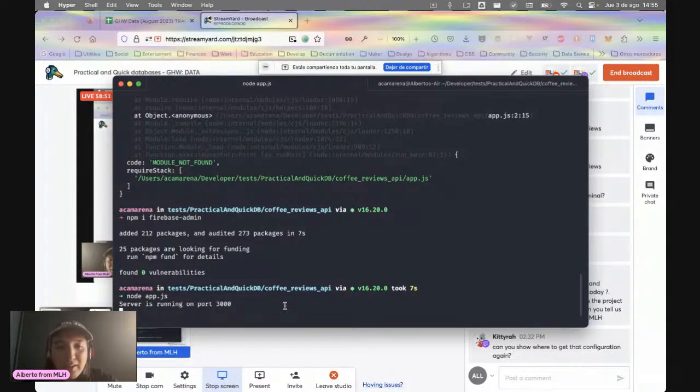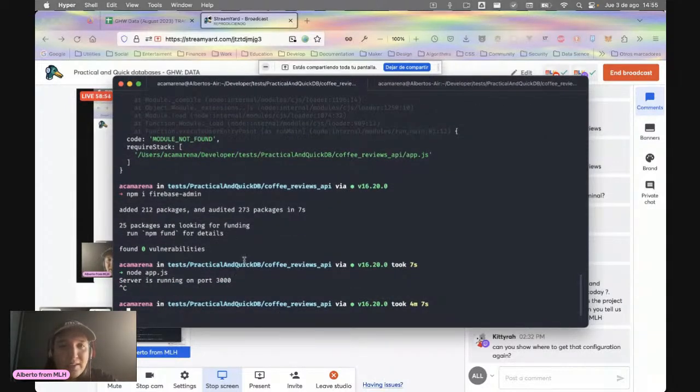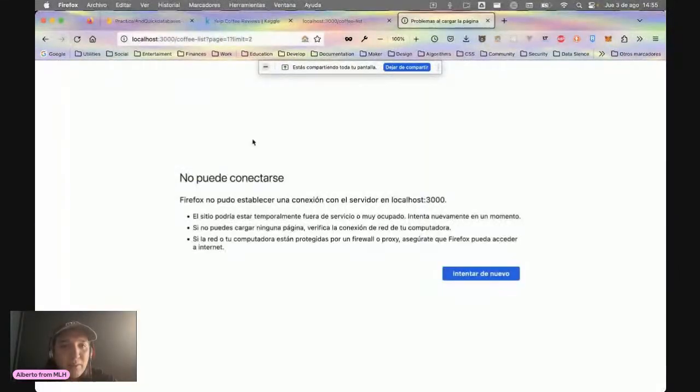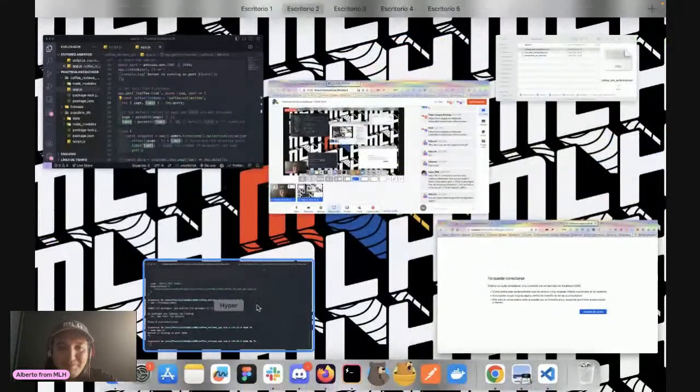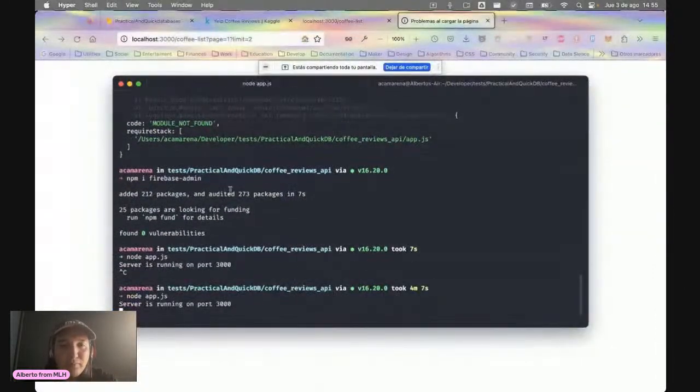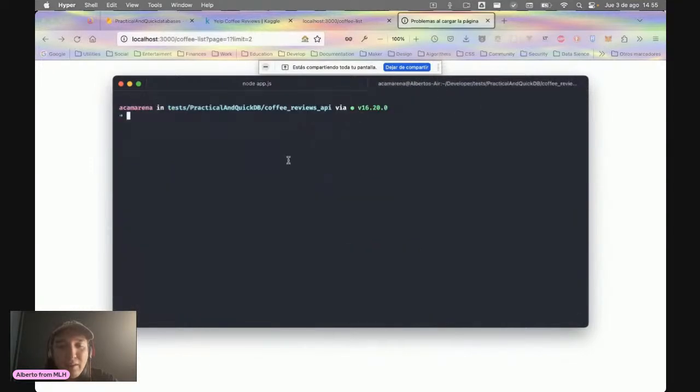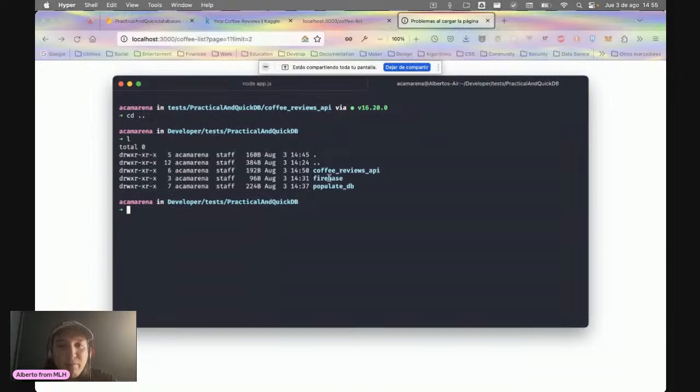I'll prove that. Now it's empty, and if I go to the page before and I reload, I cannot connect. Right? So let the project keep running,